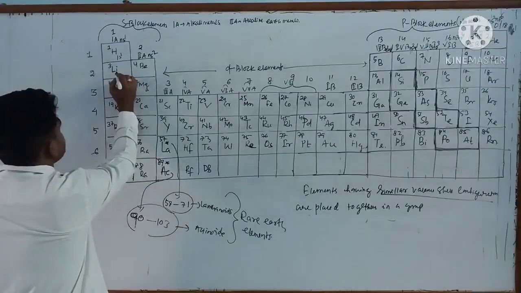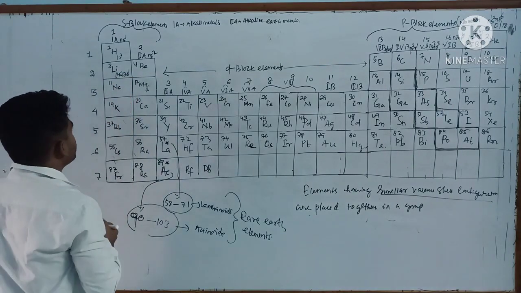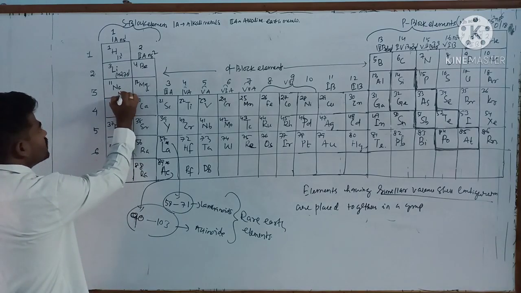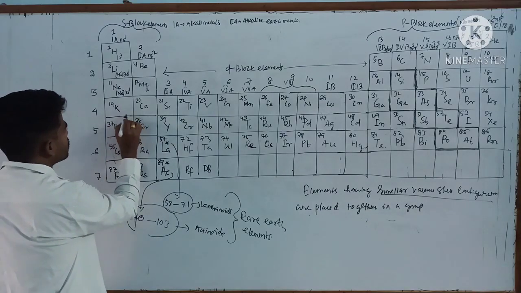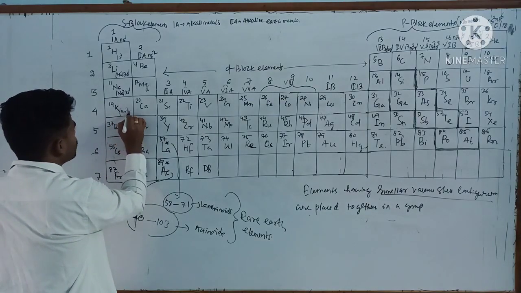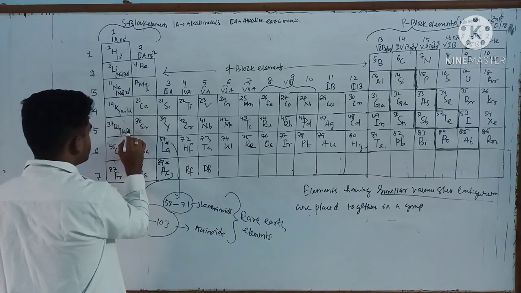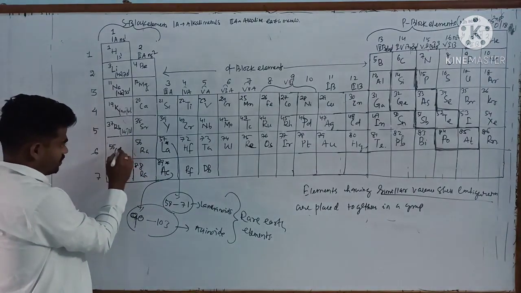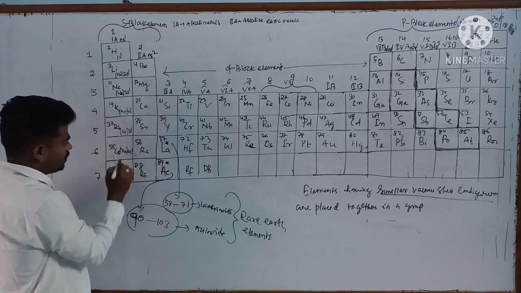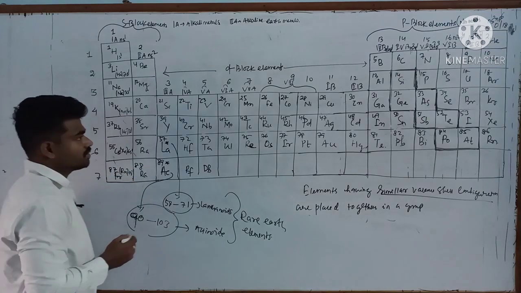Next, this is lithium 2s1. Next, sodium 3s1, and here potassium 4s1, and this one rubidium 5s1, fifth period. Next, cesium 6s1. Next, francium 7s1. Likewise,